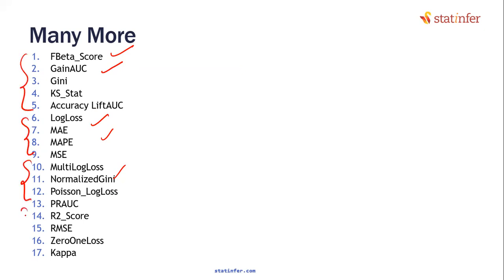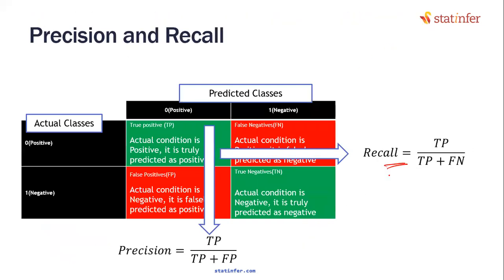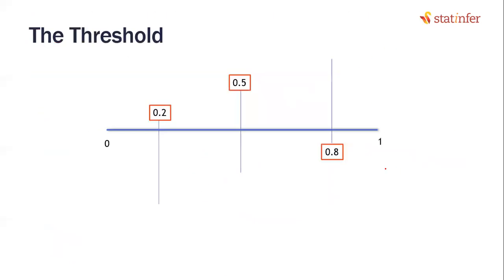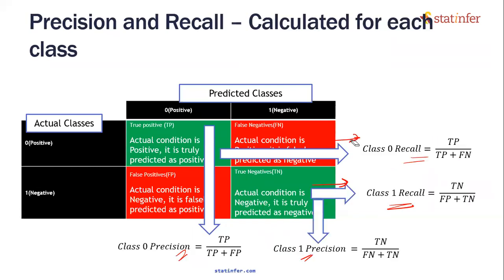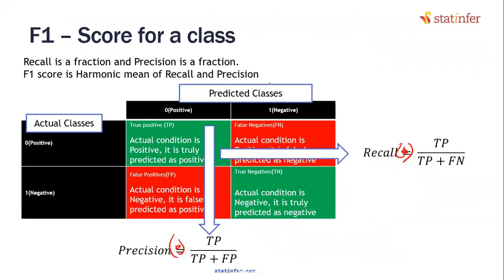What I want to tell you is that all of them are derived from the confusion matrix only. Different measures, unnecessary measures. I think you may already have felt recall is unnecessary, isn't it? If you already have sensitivity and specificity, what is the need for recall and precision? Even I don't understand sometimes why there are new measures. So even if you see some new measures in future, just be aware that I just need to see the formula. It will be derived from the confusion matrix. So no need to really worry about any new measure that you see.